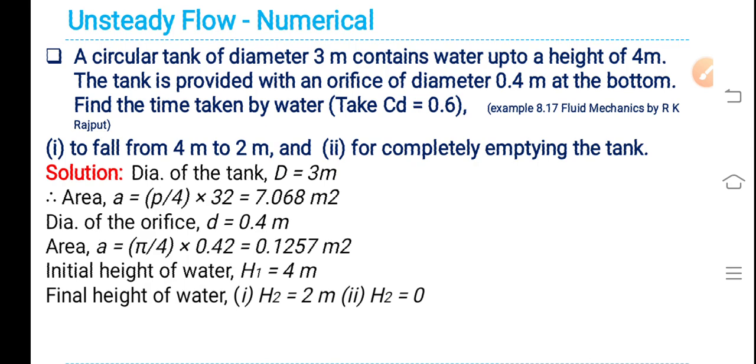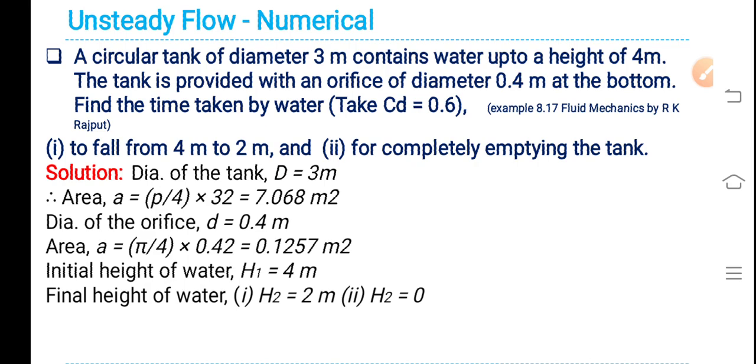First one, a circular tank of diameter 3 meter contains water up to a height of 4 meter. The tank is provided with an orifice of diameter 0.4 meter at the bottom. Find the time taken by water to fall from 4 meter to 2 meter, one case. In the second case, if it is required to completely empty the tank, take coefficient of discharge of orifice